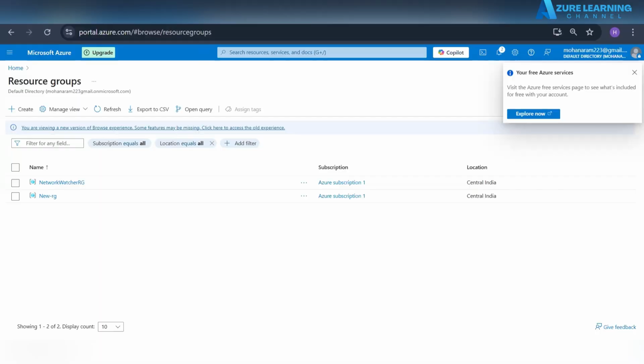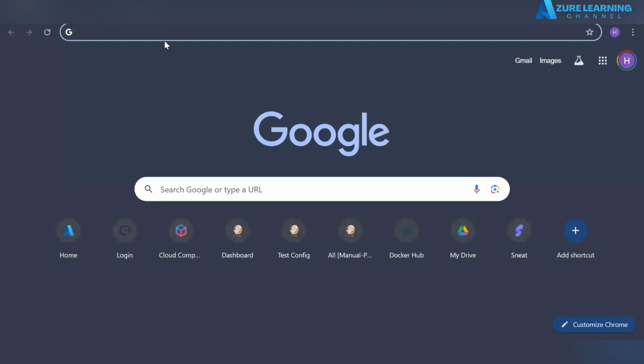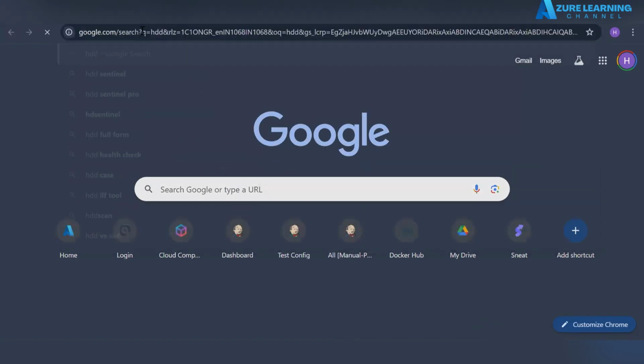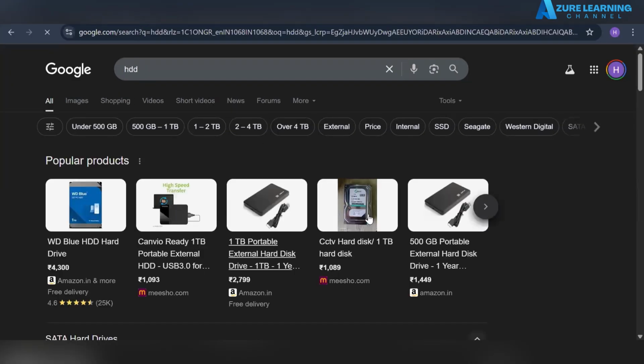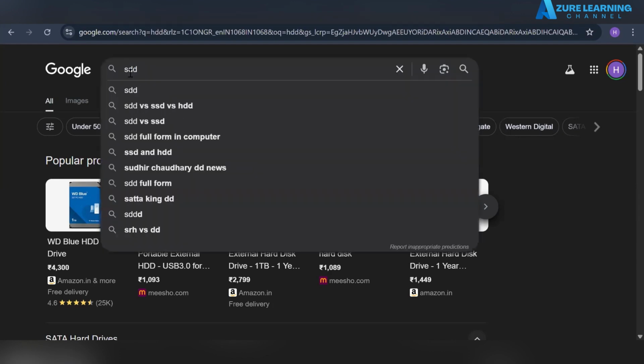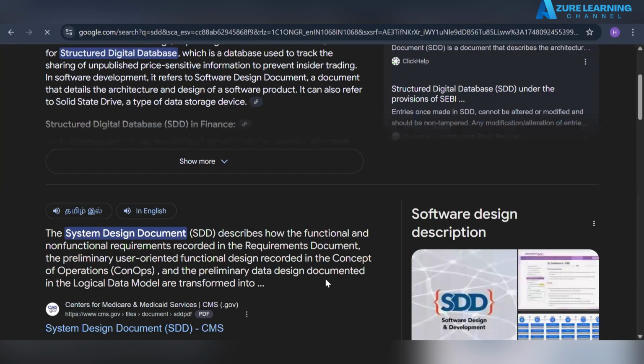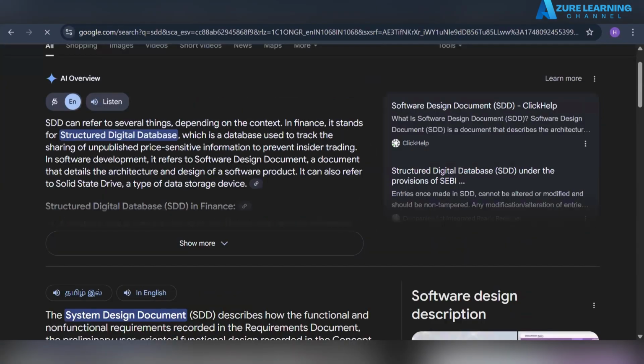Okay, let's get started. If you are going to buy any storage devices on-prem, what would you do? First, you would check the specification. For example, for HDD, if you search, you will get a lot of disks, correct? So you check the hardware specification and the read-write speed. If you need an SSD, you also check the same thing, correct? Same like